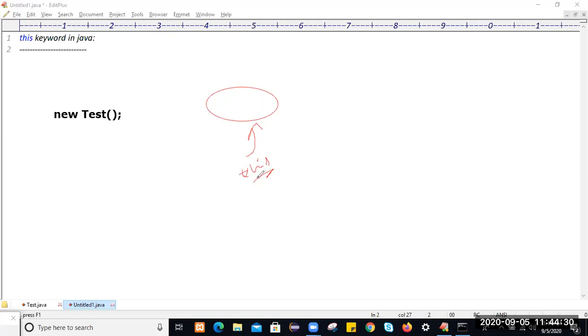Or you can say that the this keyword will hold the memory address of the current class object, like a reference variable. If you create any reference, like t, as a reference variable for this object, a user defined reference variable, then this t will hold the memory address of this object.